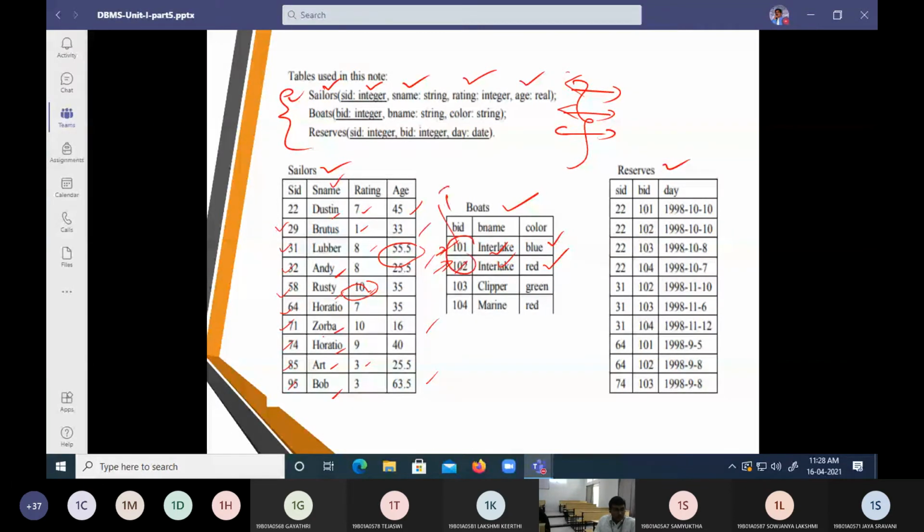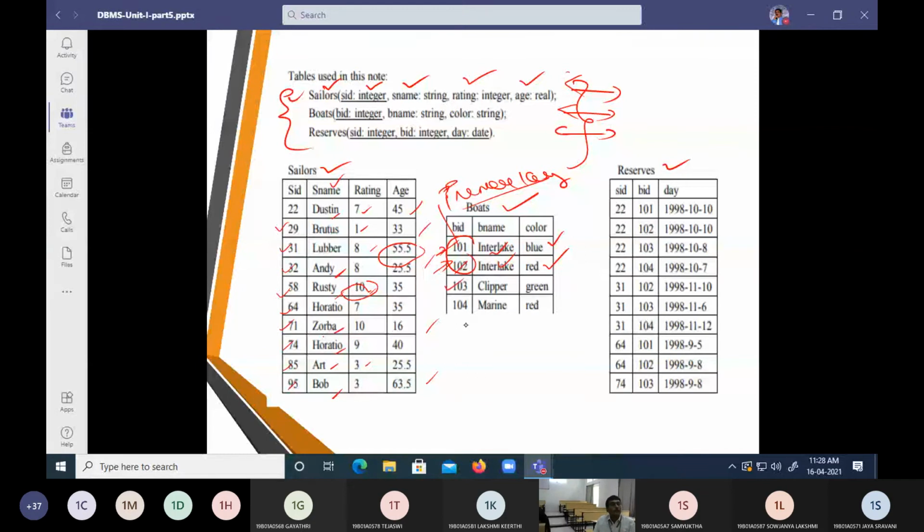We are going to call them primary keys. So the boat identified with 101 can have the same name, but the color is different. 102 can have the same name, but the color is different. Since each has a different primary key, we can treat them as two different entities.